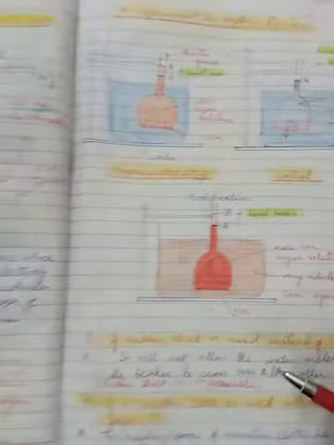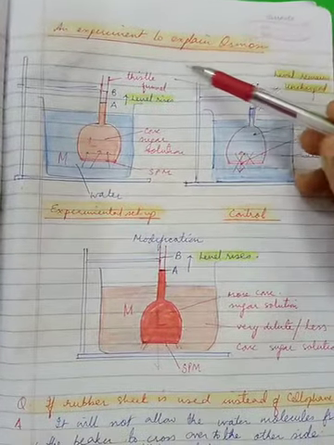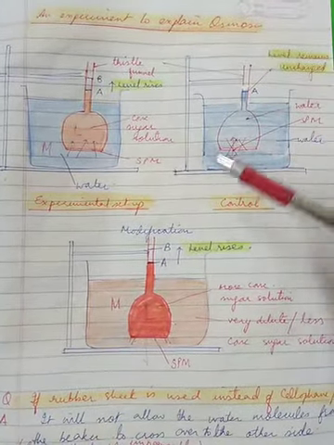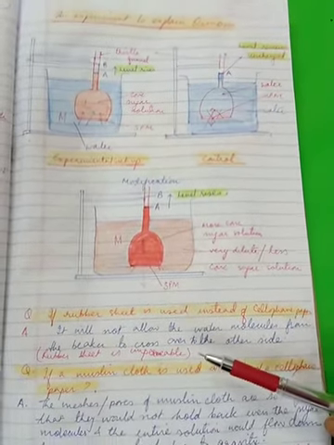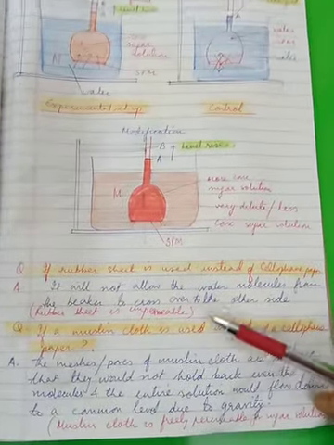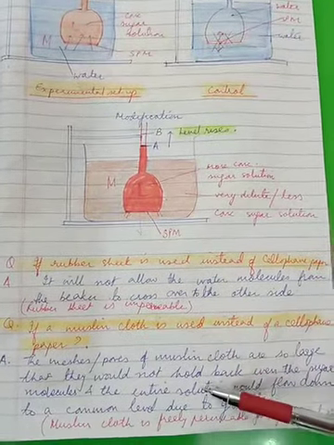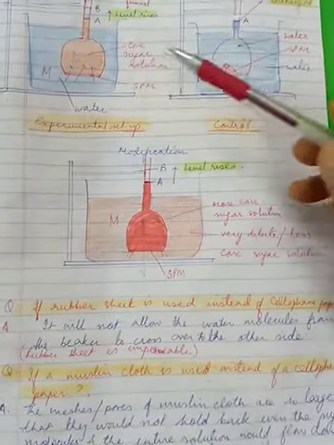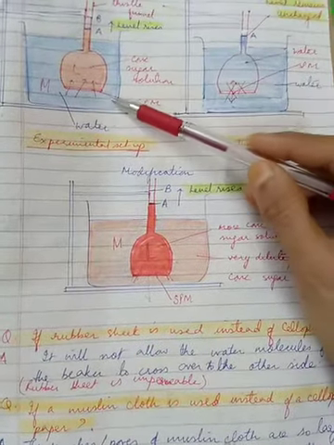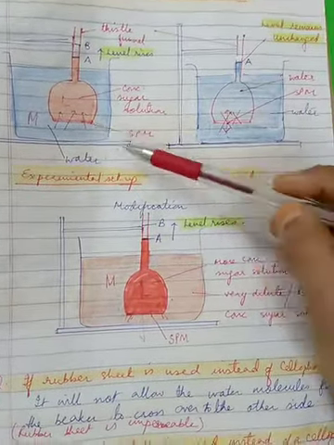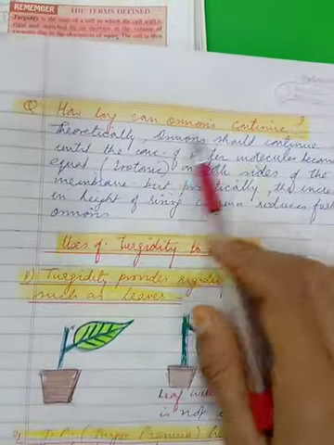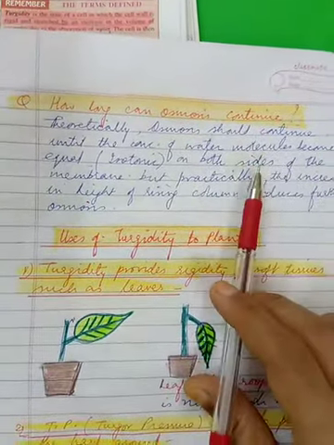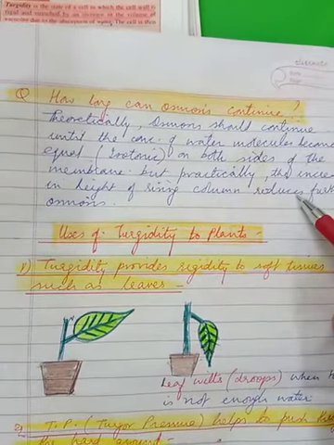After that, I had discussed an experiment to explain osmosis, that was the thistle funnel experiment. In this, there were many modifications which were purely hypothetical, and I had given you the answers to the same. For example, what can happen if the semi-permeable membrane is replaced by a rubber sheet or by a muslin cloth, etc.? Right? Questions also like how long could osmosis continue? So theoretically and practically there were different answers to discuss.